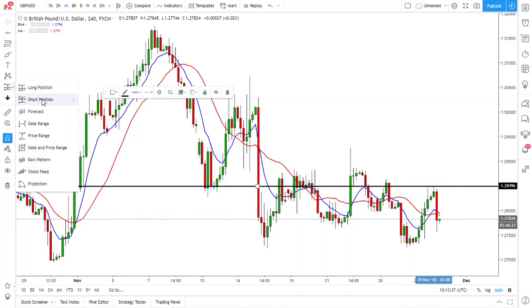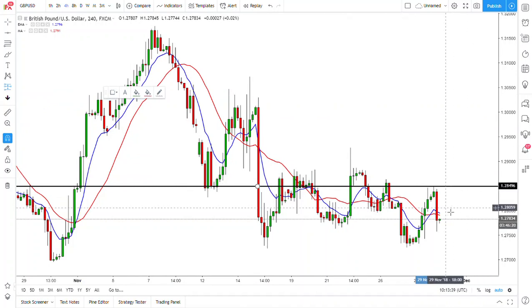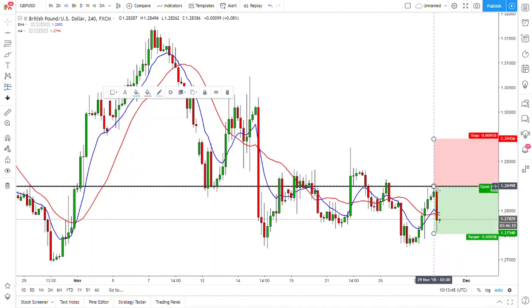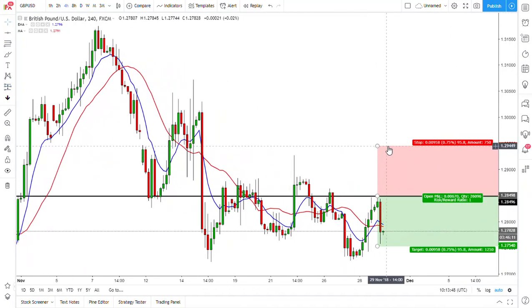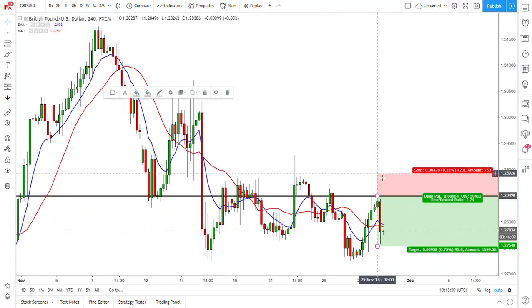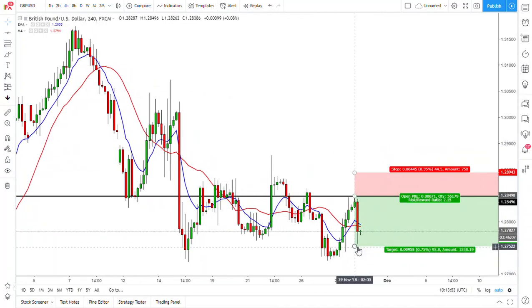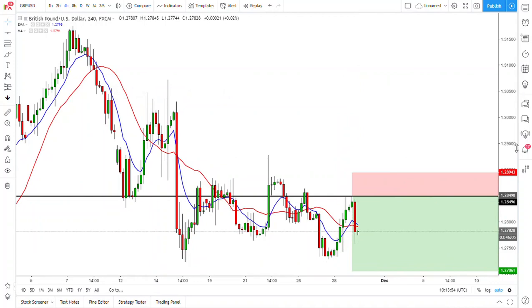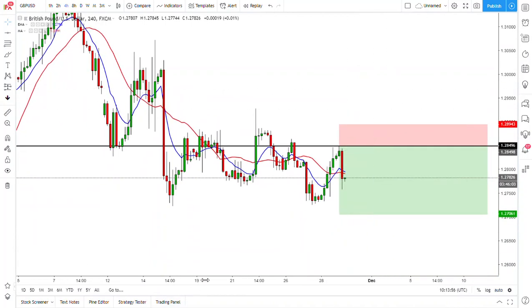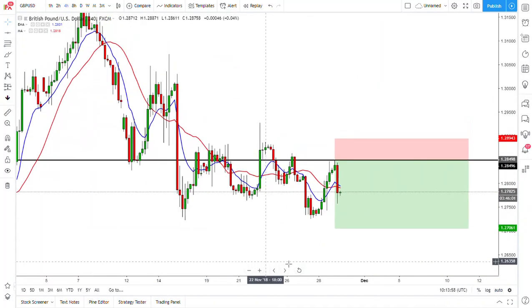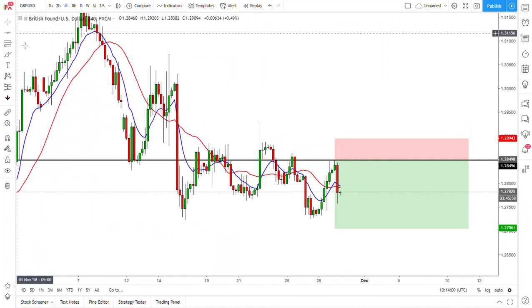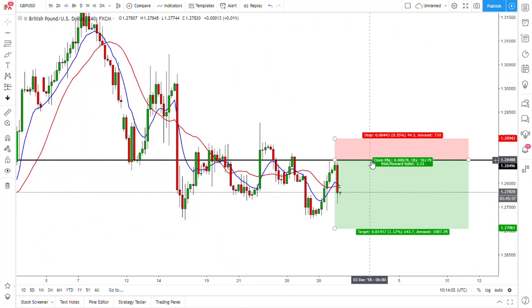So you can take a short position. I would put my entry, let's get rid of this magnet tool, I would place my entry on that level, I put my stop here, profit down here. We go into all detail about how to place stops and profit levels in the course. Obviously our daily analysis pretty much gives you these levels anyway,